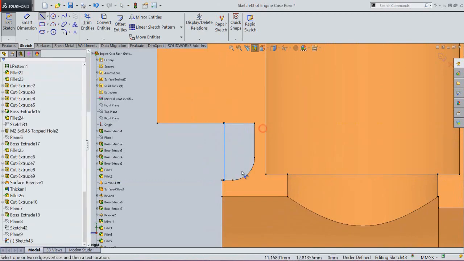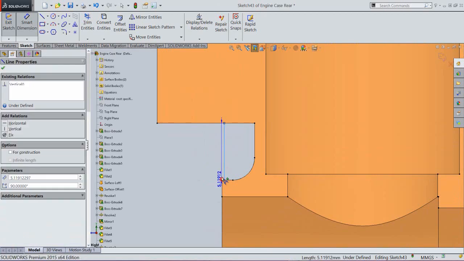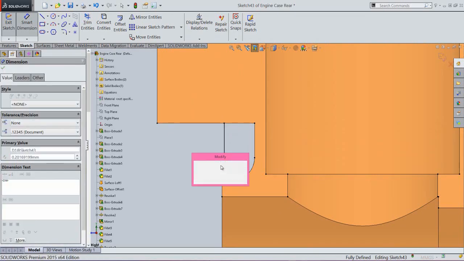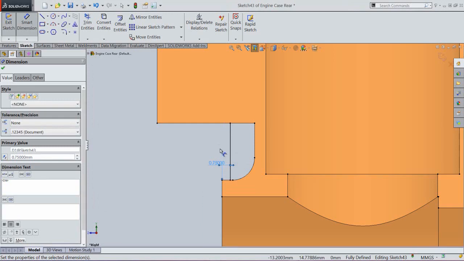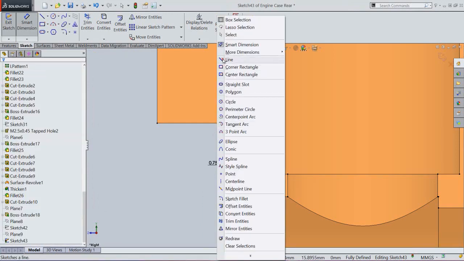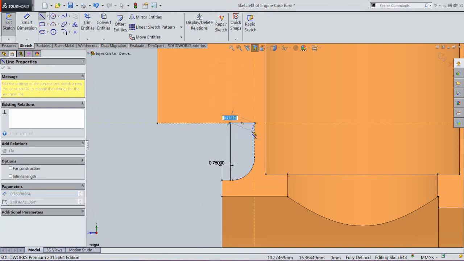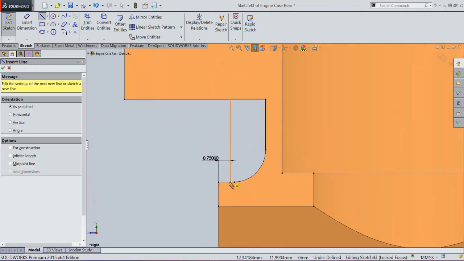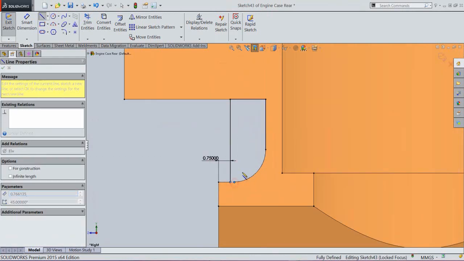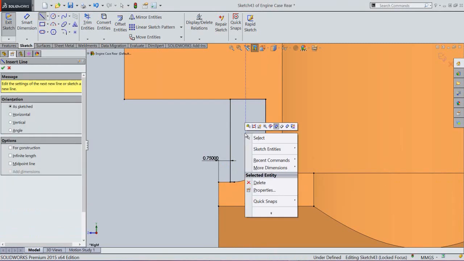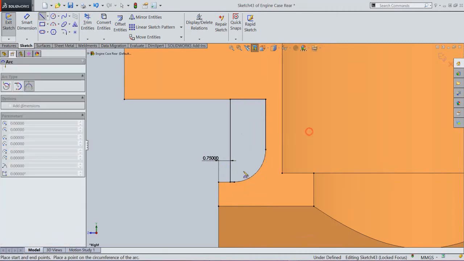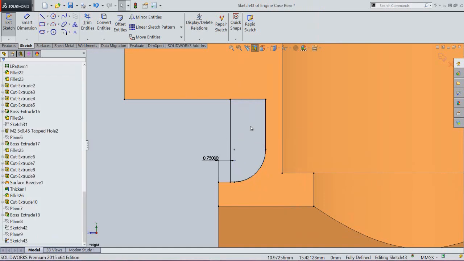Create the same sketch that we have done previously. Okay, that's it.